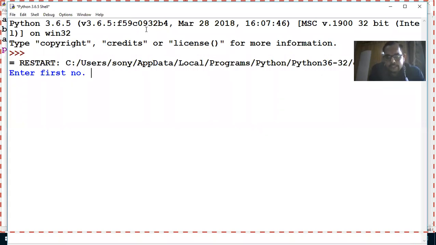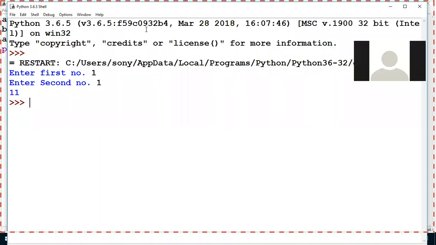Diya, what is the value of 1 and 1? 2. If I am saying 1 and 1 is 11, so what happened? Look, enter the first number 1, second number 1, result is 11. This topic I explained earlier also. Do you remember something? Yes, sir. Why?